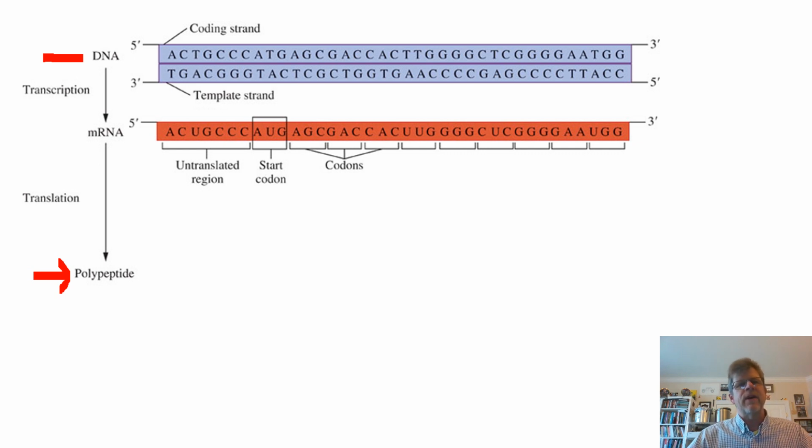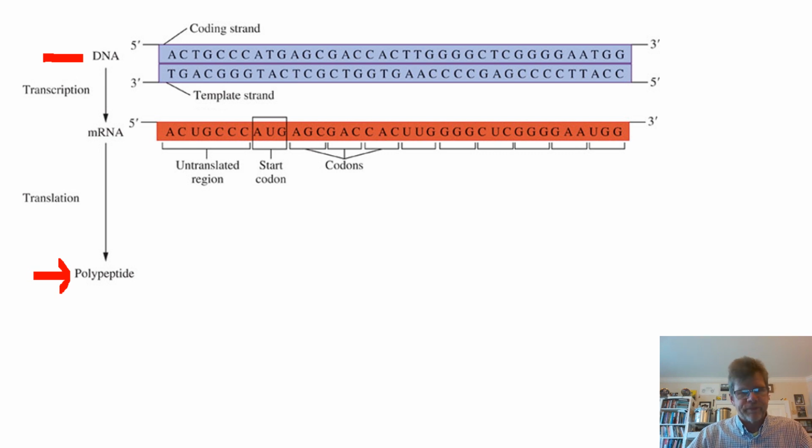Note that the messenger RNA, other than going from the T's to the U's, is an exact copy of the coding strand, but a complementary copy of the template strand, because by definition our two strands of DNA are complementary copies. So here is our messenger RNA, and again we have our codons written in here, which are sequences of three